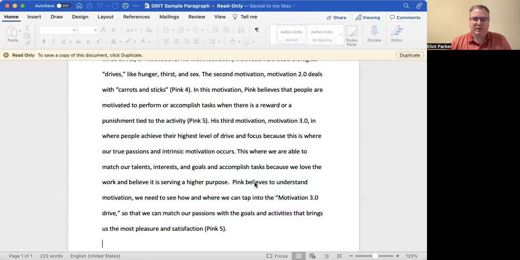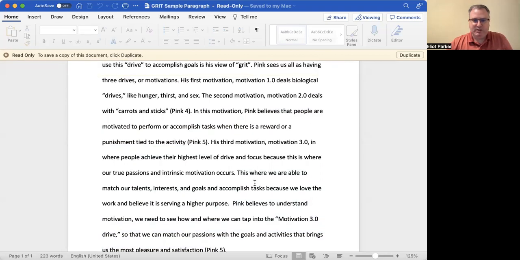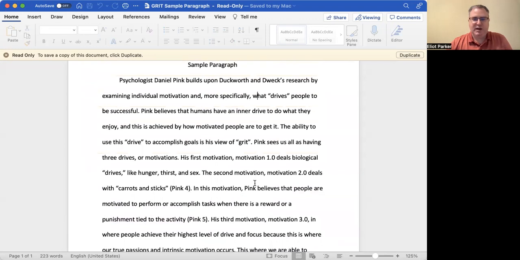Now, I could certainly go on and explain a little bit more, but I wanted to stop here just to give you a template or a breakdown on how to do this. Now, folks, we're doing a small essay, so I know the temptation is to have a paragraph on motivation 1.0, motivation 2.0, motivation 3.0. If you really want to make those your own body paragraphs, I'm okay with that. But we're not writing a 10-page essay here. So you want to be careful and really focus in.